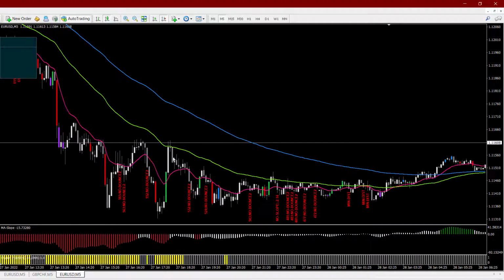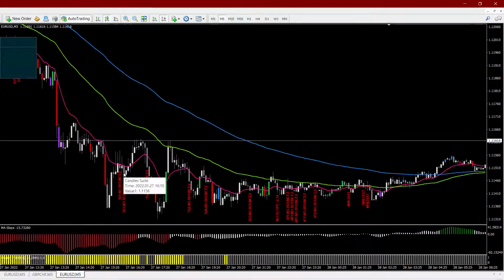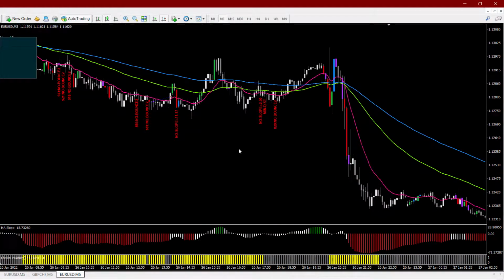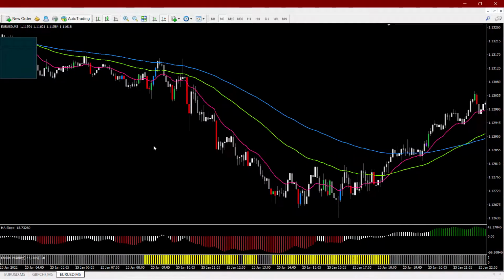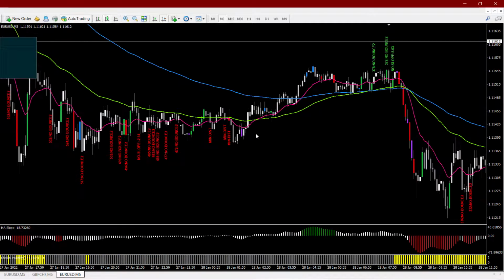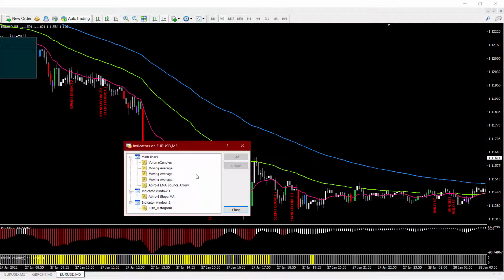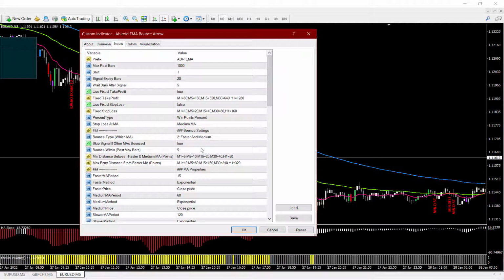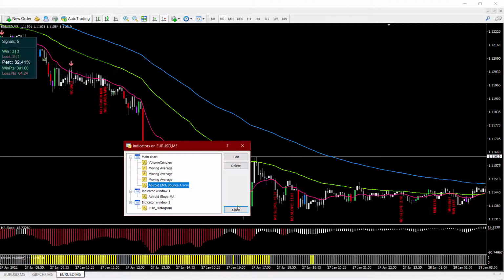So right here, price crossed this one, but it did not close above the medium, which is why we get no bounce too. Means it did not bounce through the second one. So if we have two MA bounces, it becomes much rarer, which is why you can increase this bounce within max pass bars to something slightly higher. And if you have any of the above, then you will get a lot more signals.